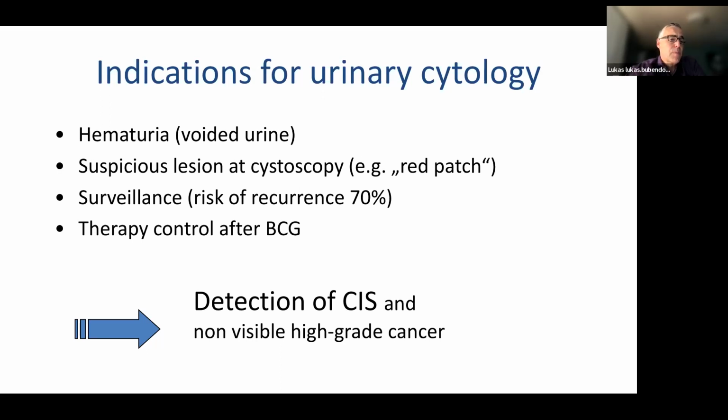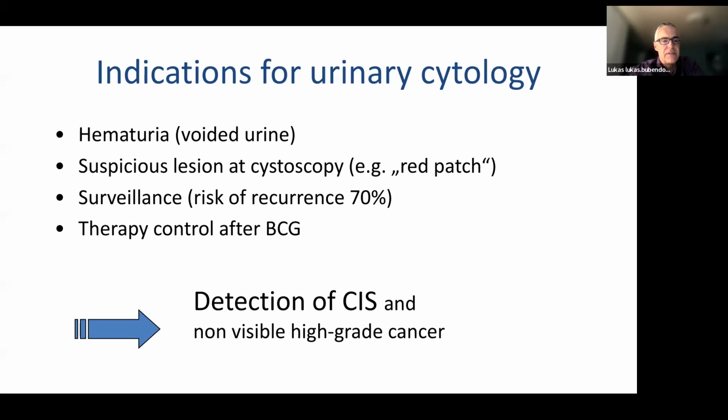And the largest proportion actually of cytology specimens that are seen in a, let's say, academic environment are the surveillance urinary cytologies in patients who had earlier resected urothelial carcinoma, knowing that these tumors recur in usually